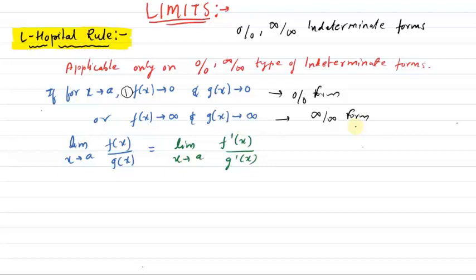So whenever we have these types of limits, we can write this limit as limit x tending to a, differentiation of numerator upon differentiation of denominator. Mostly it is used for 0 by 0 forms only. Infinite by infinite forms very rarely they ask using LH rule. Sometimes they might also get complicated for differentiation. But most of the times whenever you see 0 by 0 form or infinite by infinite form in your BITSAT paper or in your mains paper, directly apply the LH rule.